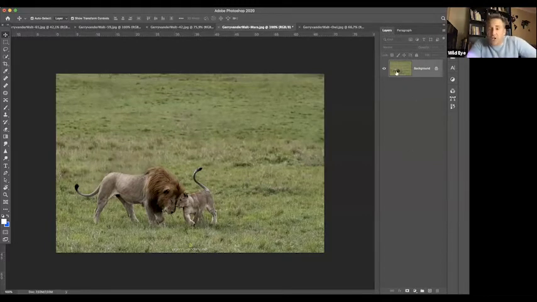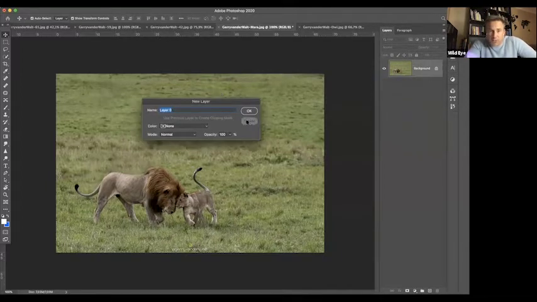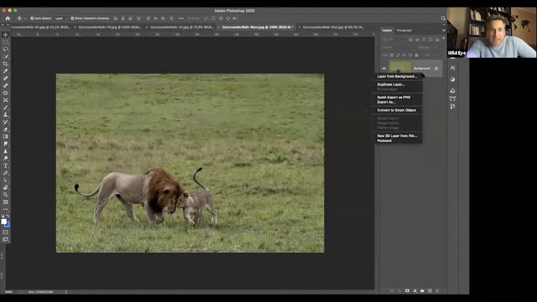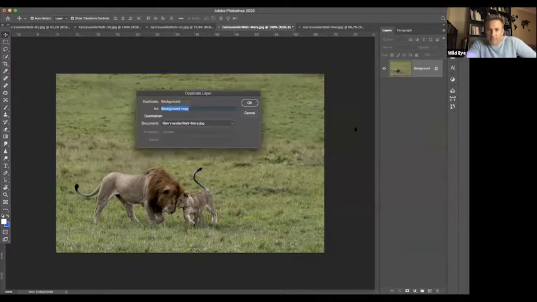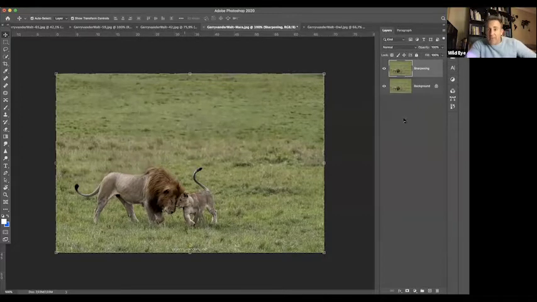So the first thing you need to know is once your layer is here, you can duplicate this layer by simply right-clicking on it, and duplicate. You can now give it a name. So let's say, for example, we're going to do sharpening. I can call this the sharpening layer. And what you'll see here now is there's two of these. You can duplicate as many as you want, depending on what you're going to do.